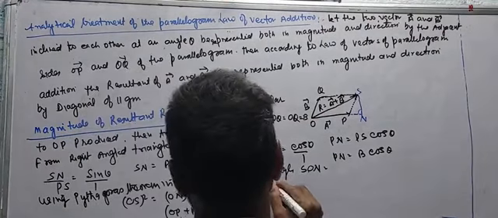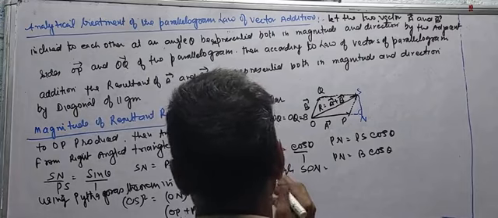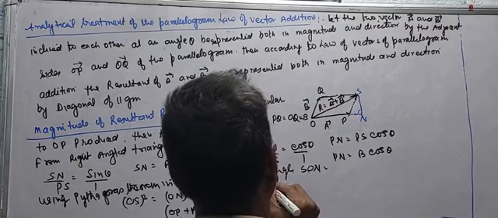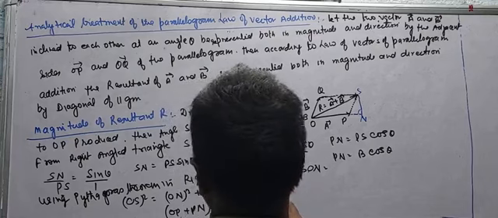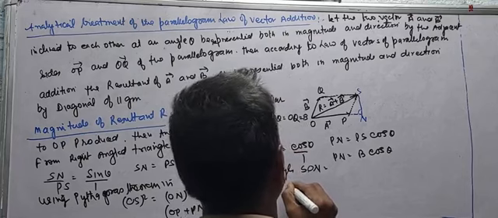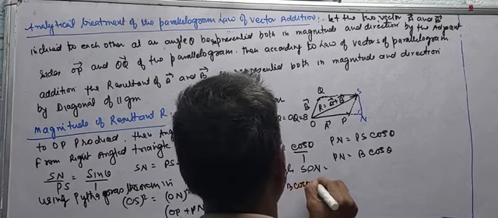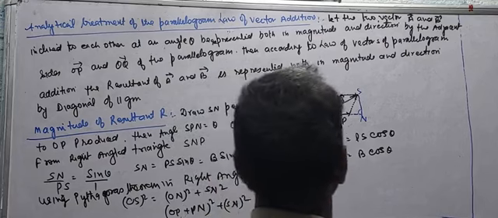It becomes OP, A plus PN equal to PS cos थीटा, तो PS हो गया B, यह हो गया B cos थीटा का होल स्क्वायर और प्लस